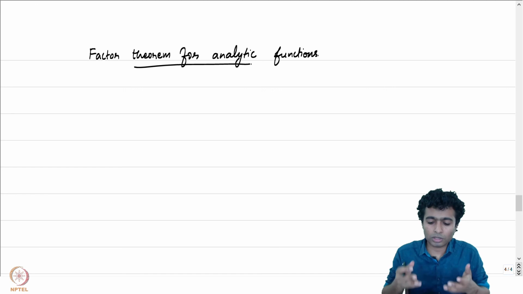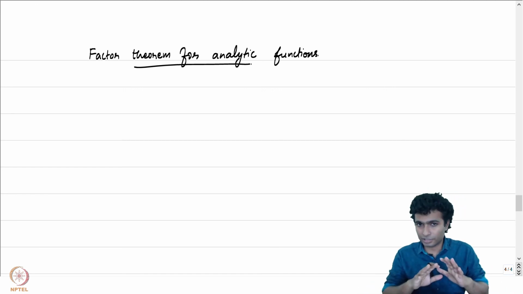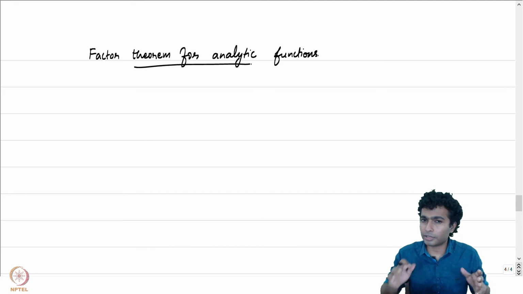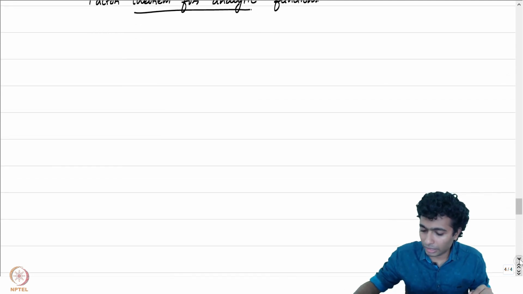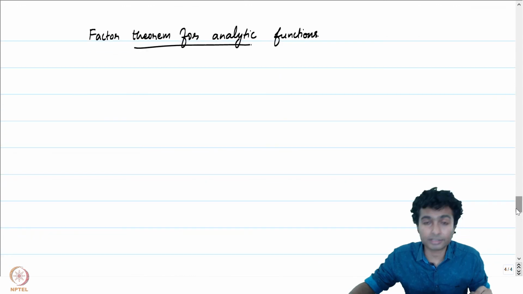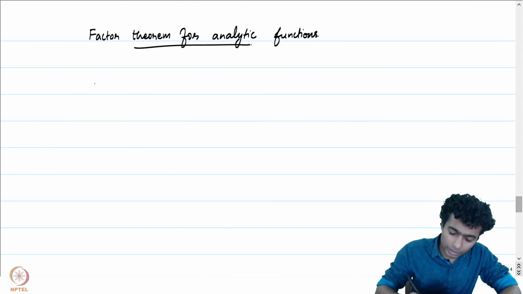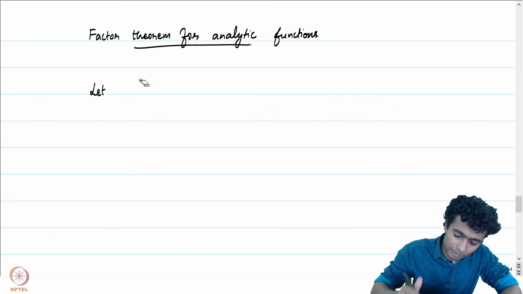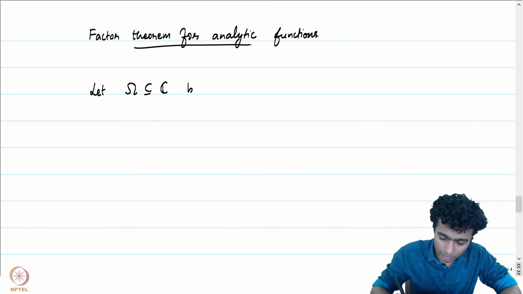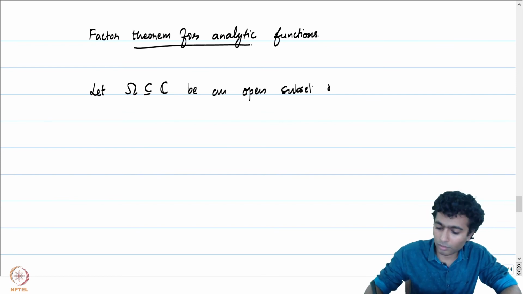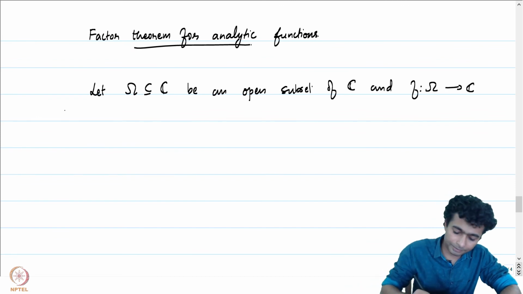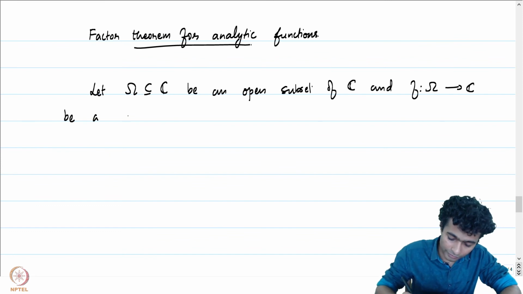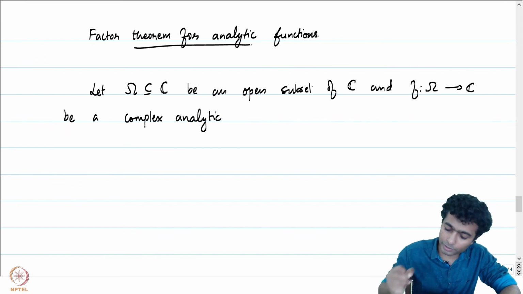Analytic functions, or rather complex analytic functions, and holomorphic functions are the same. Now I will start using them interchangeably, and there is no necessary distinction to be made between these two. Okay, let omega be an open subset of the complex plane, and f from omega to C be a holomorphic function or a complex analytic function. Let me use the term complex analytic a couple of times so that we get used to it,